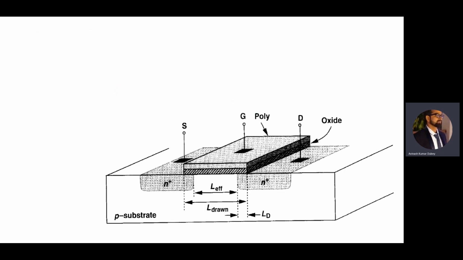So here in the figure you can see this is an NMOS transistor. Generally if the substrate is p type, then we can say that it is an n channel MOSFET or NMOS transistor. If the substrate is n type, then it is a p channel MOSFET or PMOS. So here you can see the p type substrate is there, so it is an NMOS. This block is called the substrate region.